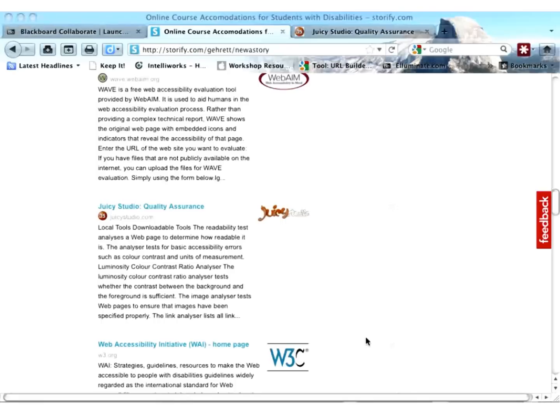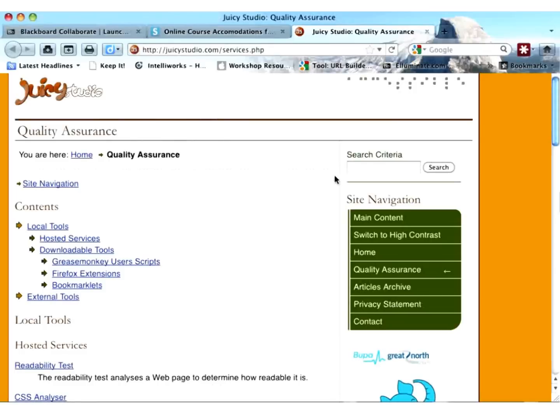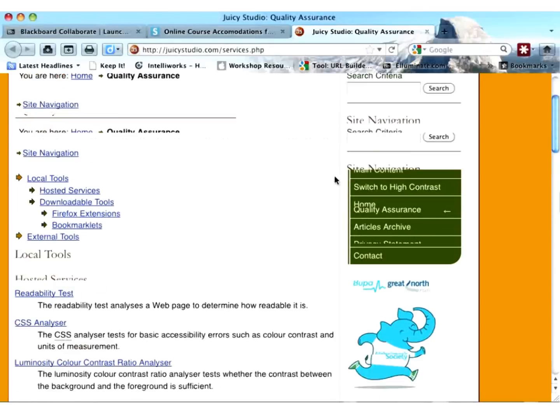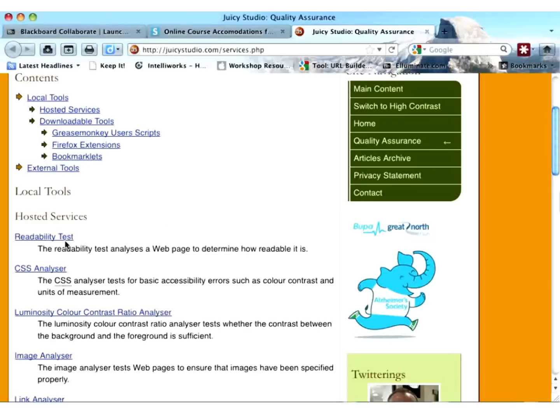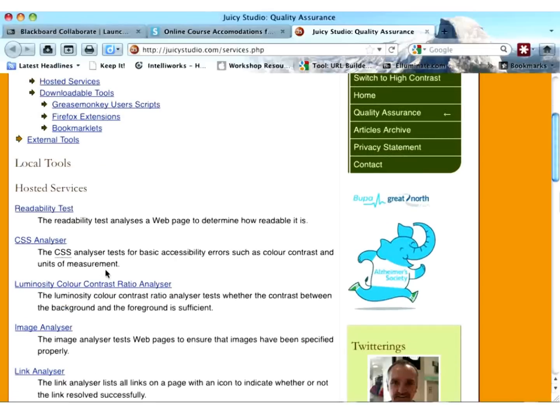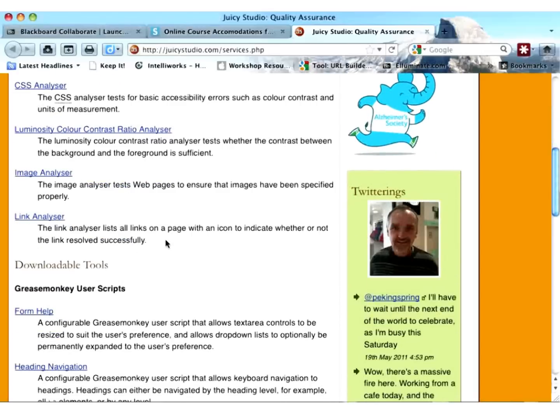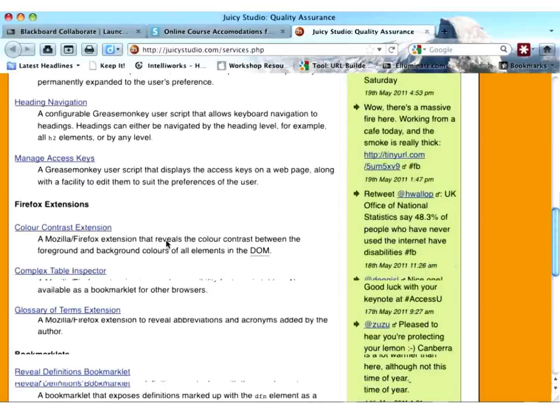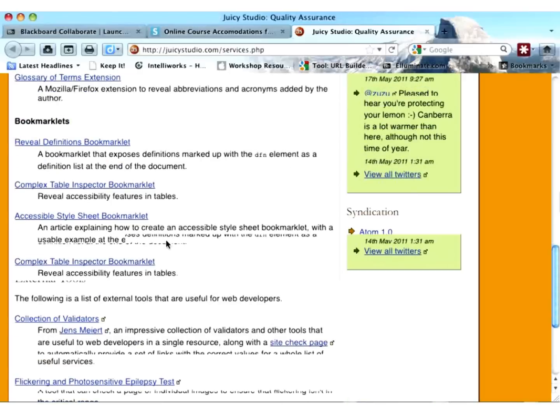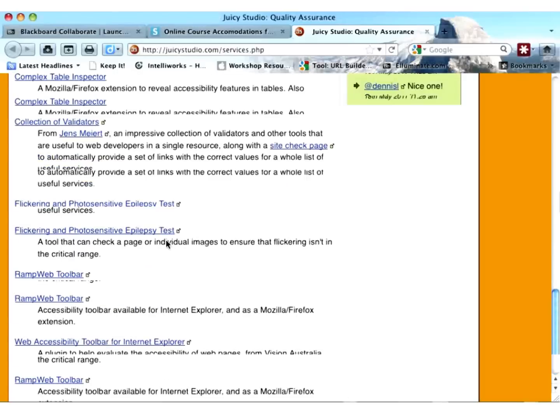Another tool that is useful to help with checking for online accessibility issues is Juicy Studio. If we take a look here, this is the link to Juicy Studio, and it has some neat things in here. It has a readability test. It has a CSS analyzer, so for color and contrast and units of measurement, luminosity, link analyzers, and things like that. But the thing that I think is cool, that this would be good to use no matter what the class, is